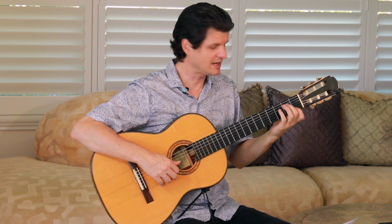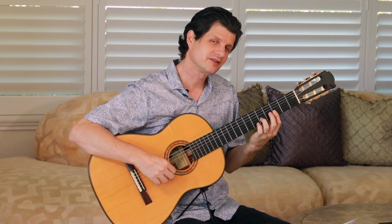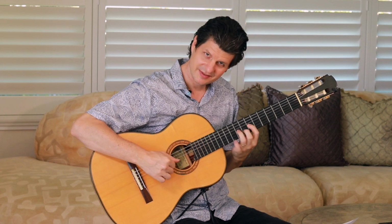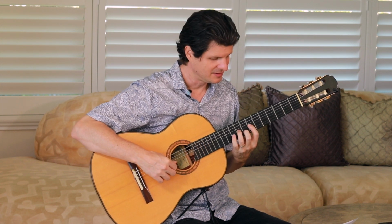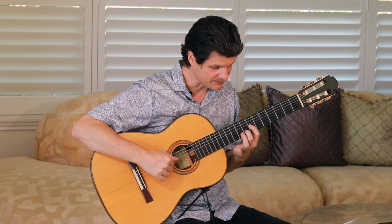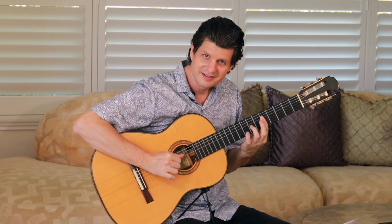So some of those, the ideas for the double stops: you do a bar at the 3rd fret, hammer on the 2nd string to the 5th fret. Same idea is often done up here. You hold down your 2nd finger on the 8th fret, hammer on 7 to 9 on the 3rd string over C. When you get to the A minor,